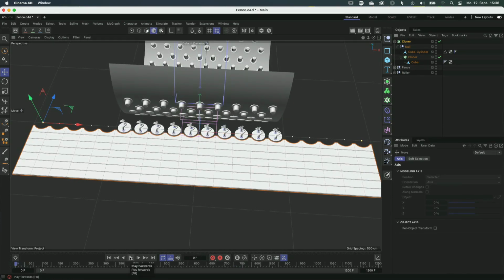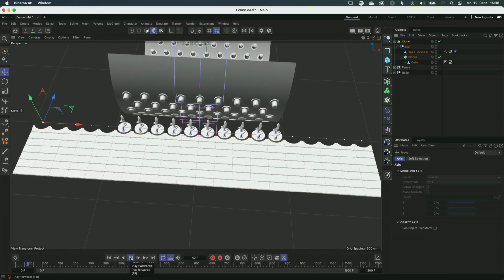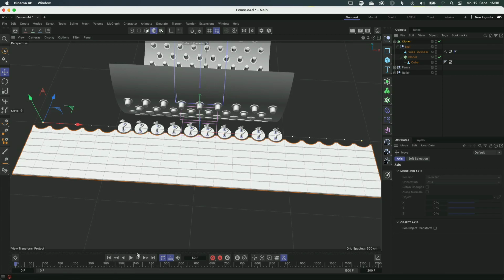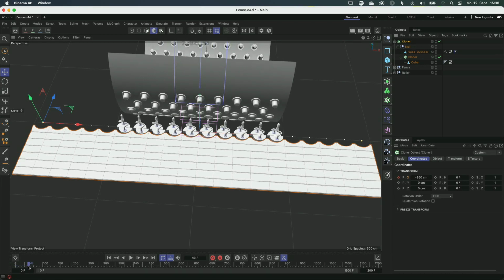I shouldn't have done that, but we are going to the right here in the front. So here we go. I'm going to set a keyframe here on the coordinates, and then I go to frame 40. Here's frame 40, set another keyframe,